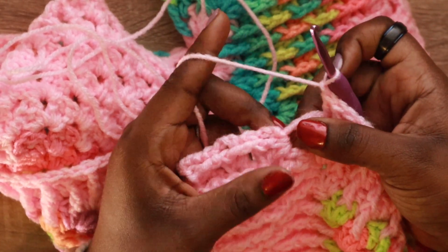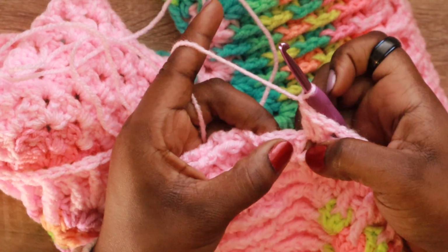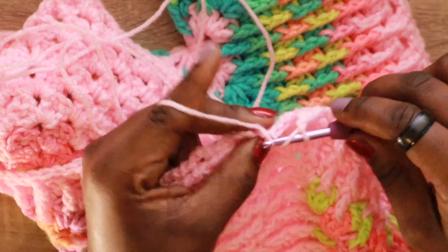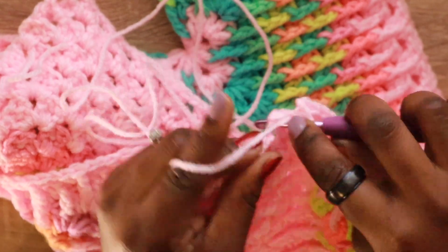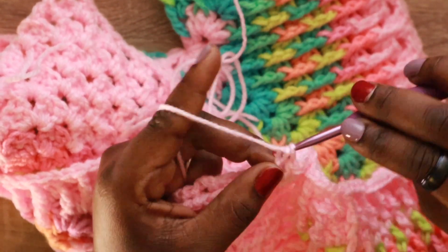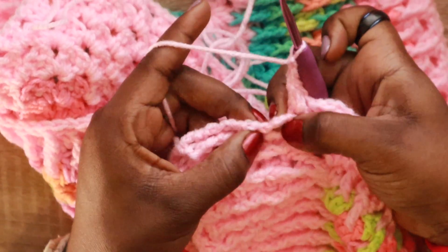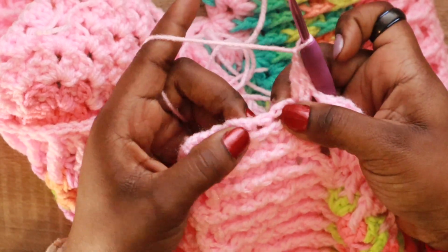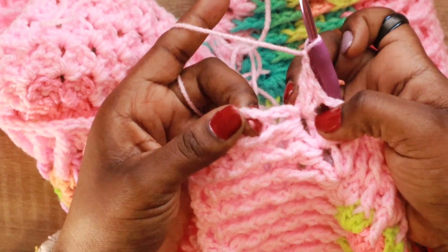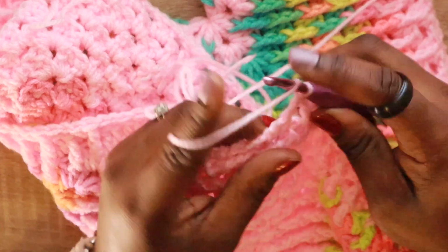Now you're going to place 3 double crochets into this space right after these 3 double crochets right here. Place 3 double crochets into there. So we're making just a regular granny cluster. And then chain 1. And then you see this space right here. We're going to skip that space, and then we're going to put 3 double crochets into this space right here. So place 3 double crochets into that space,